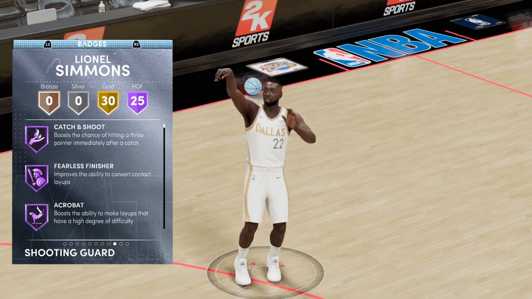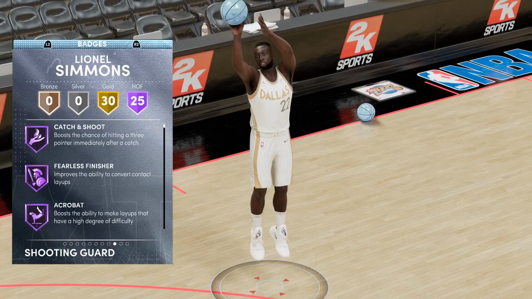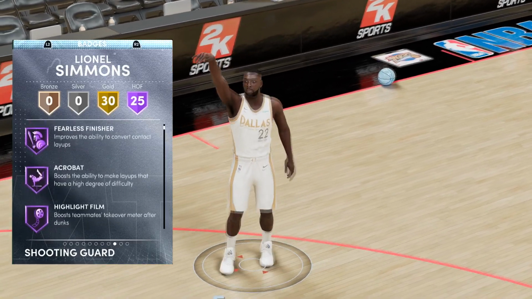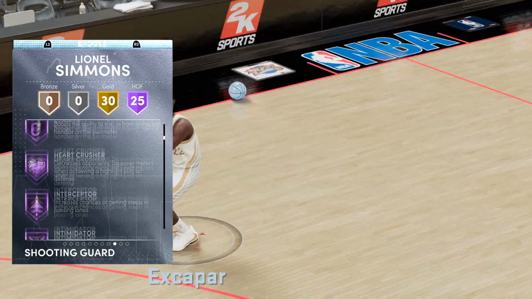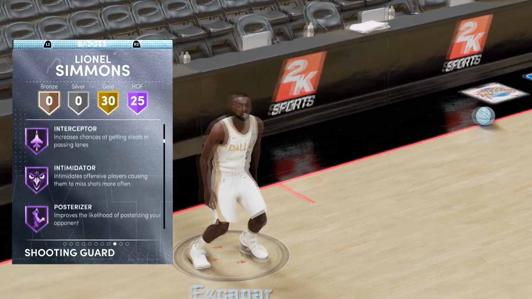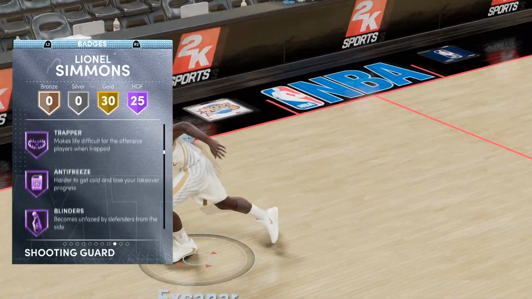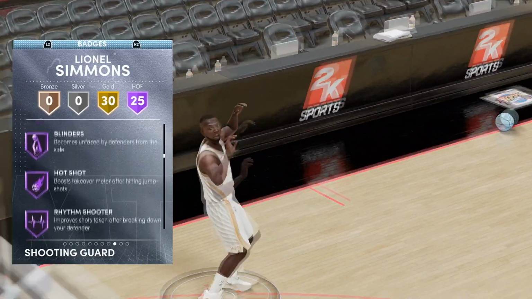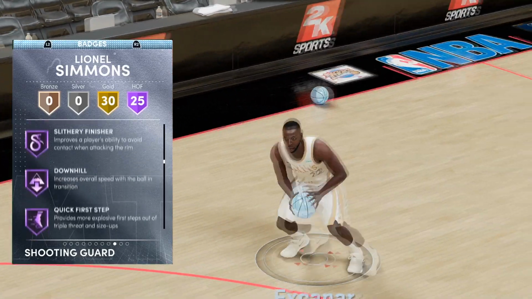Now when it comes to our badges, 25 of them Hall of Fame, which for a diamond is obviously absolutely insane on next gen. And you can see we have a bunch of the ones in finishing. We have some nice ones in defense with the Clamps and Pick Dodger Hall of Fame, the Heart Crusher, Interceptor, Intimidator, Posterizer. We also have some pretty nice playmaking ones. You'll see a Quick First Step and a Downhill. Sadly, he does have Hall of Fame Blinder, so maybe for some of you current gen people, he won't be